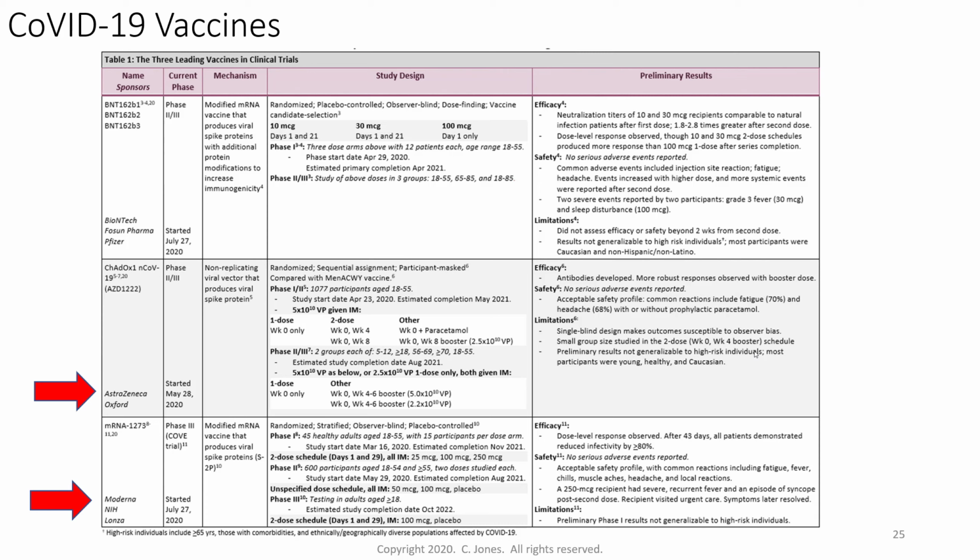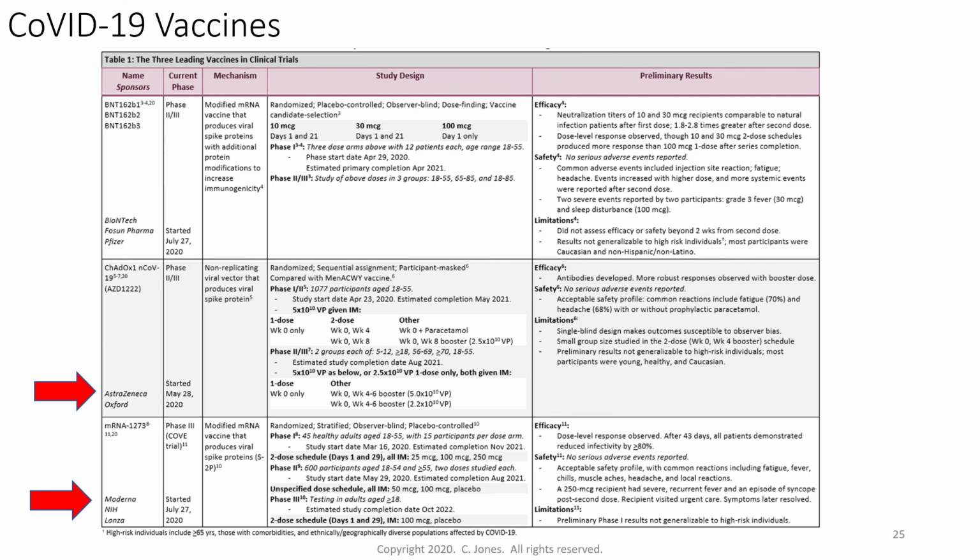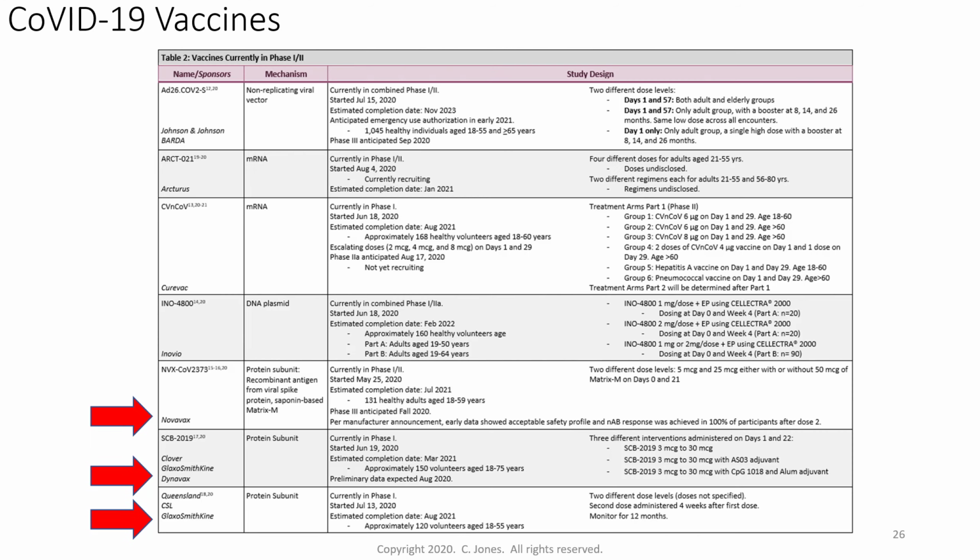There are a number of COVID vaccines in clinical trials, and I will send a PDF of this out if you want to read more details. But the arrows here highlight local companies: AstraZeneca, Moderna, which is working with NIH and Lonza. These are companies that are here in Montgomery County. Novavax, GlaxoSmithKline is also working on 2 of these. And I'm also proud to say that each of these companies, Lonza, AstraZeneca, Novavax, and GlaxoSmithKline, has hired students who have completed the biotechnology program.